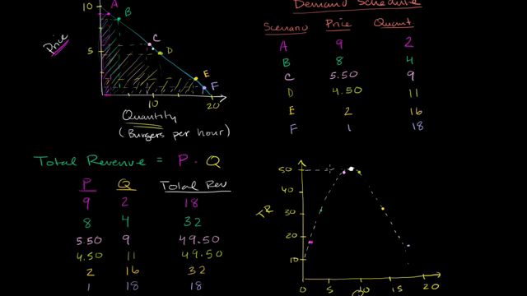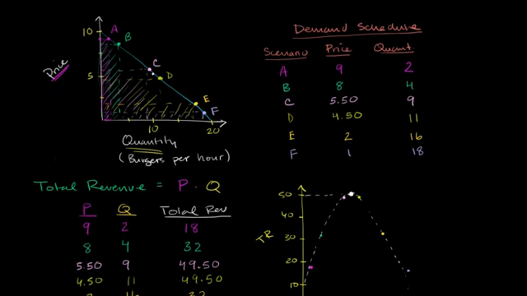Now, the whole reason why I'm talking about this, I could have talked about this independently of any discussion of elasticity, just to see how total revenue relates to price and quantity at different points in the demand curve. But there is an interesting relationship. In that very first video, and we actually use this exact demand curve for it, when we explored elasticity, we saw that up here, at this part of the curve, let me do this in a different color, at this point of the curve in orange,